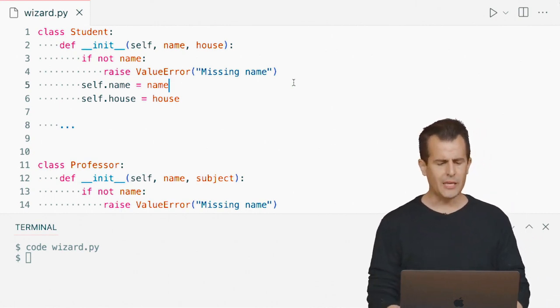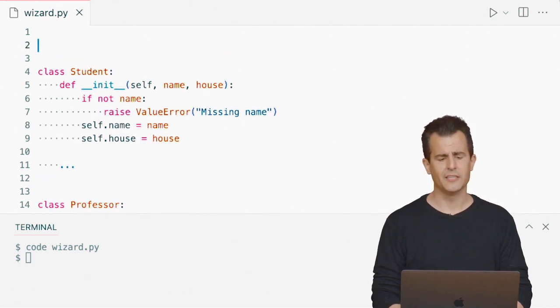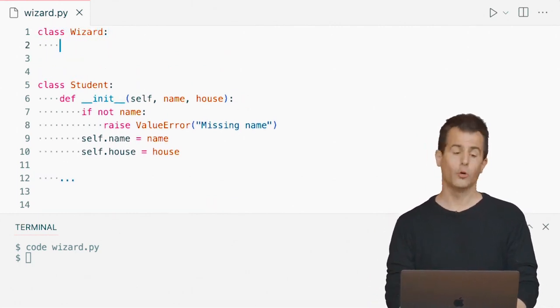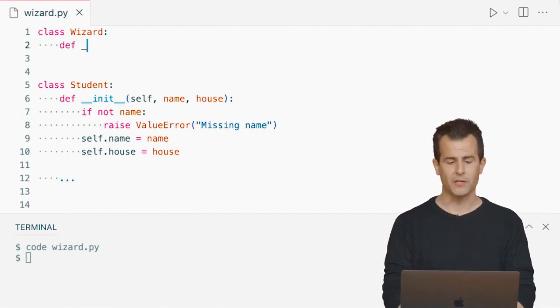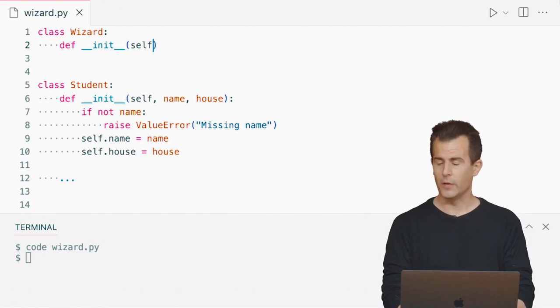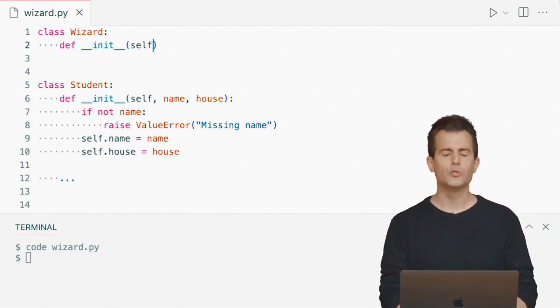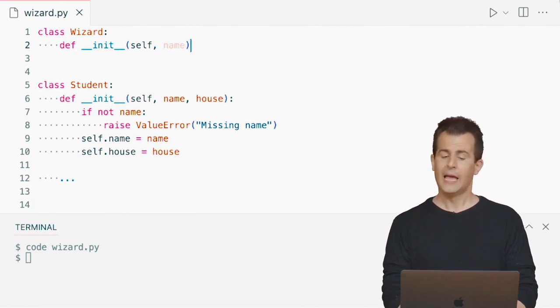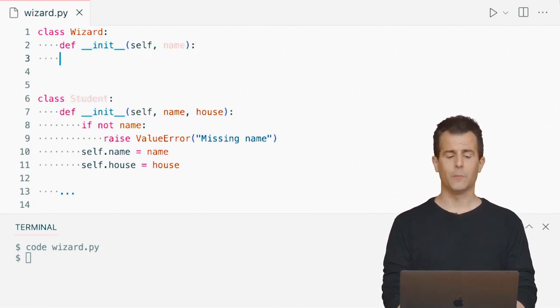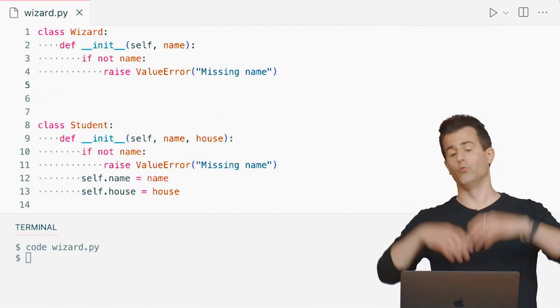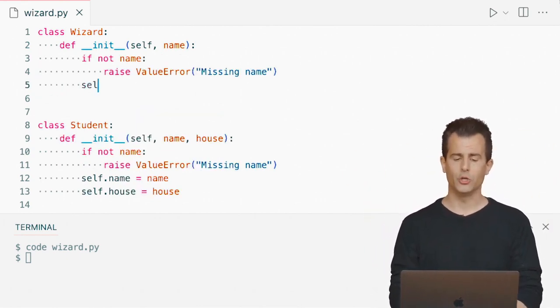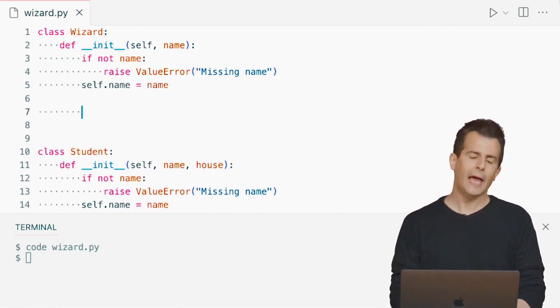All right, so let me go ahead here. And just to keep things organized, at the top of my file, let's define a third class called Wizard. And a wizard will have its own initialization method. So def __init__ and self as always. And a wizard, let's say for now, is only going to be initialized with their name in this way. And now I'm going to go ahead and do some of that error checking. So if not name, we'll raise a ValueError in the Wizard class. Otherwise, we'll go ahead and do self.name equals name. And heck,